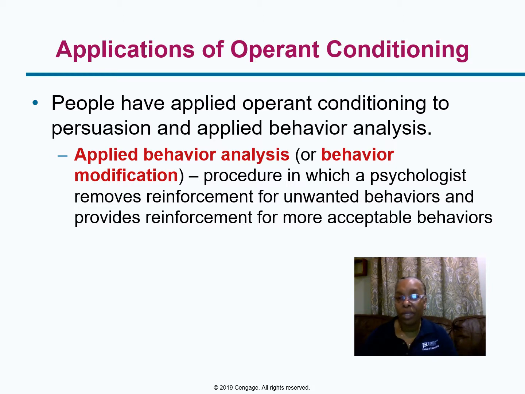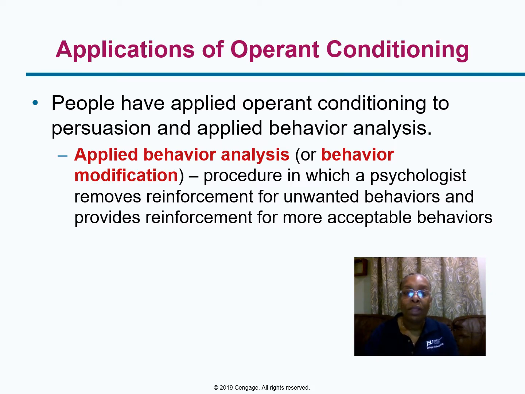How do we apply operant conditioning, or what are its different applications? Although operant conditioning came through theoretical interest, it has a long history of application. Two examples are persuasion and applied behavior analysis, or behavior modification. And if y'all are really interested in learning more, Dr. Hudson does teach behavior modification, and guess what he's using, everybody? Learning. So now you have an idea of what that psych elective may be. It'd be interesting to find out just how it goes at a deeper level.